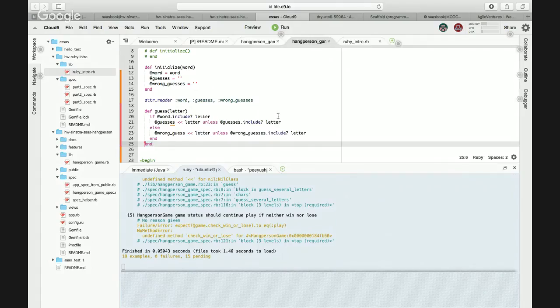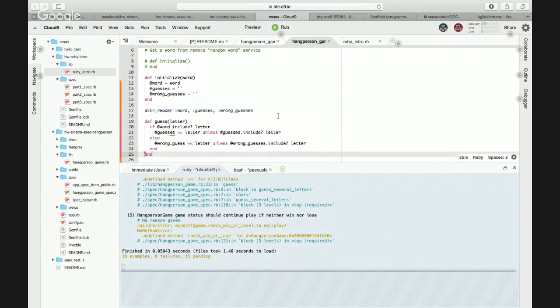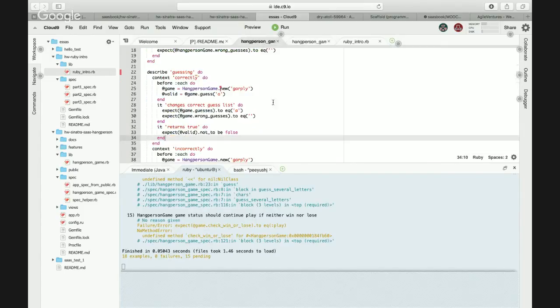What did we return? Yeah, I think it's because you see the before each block.